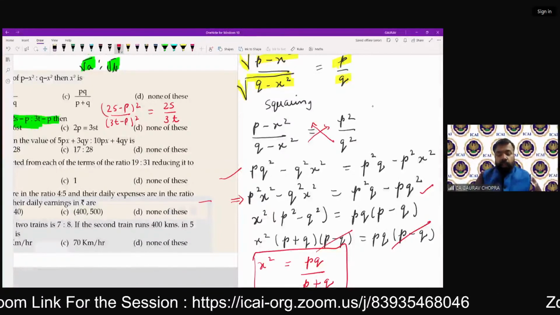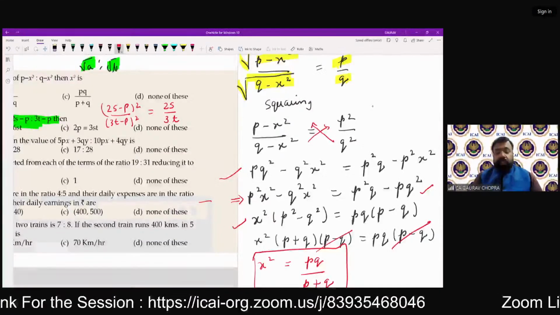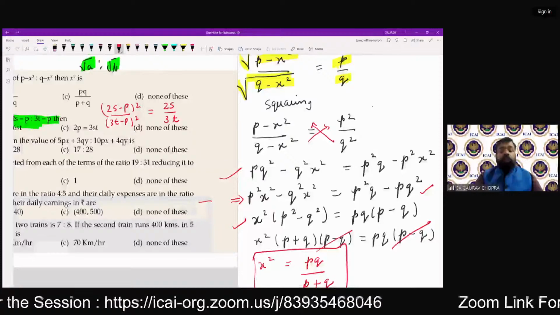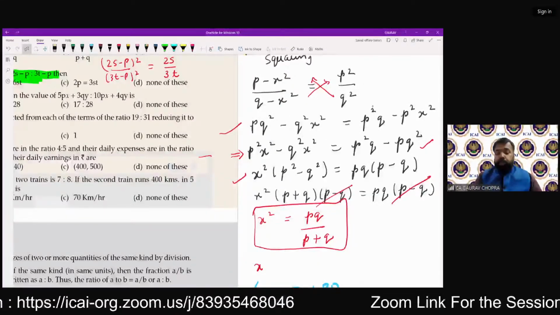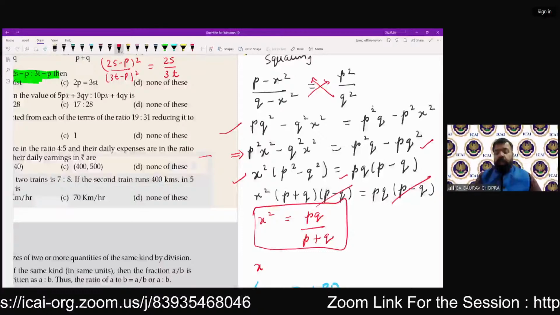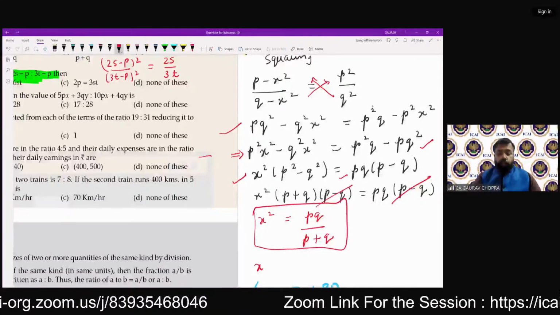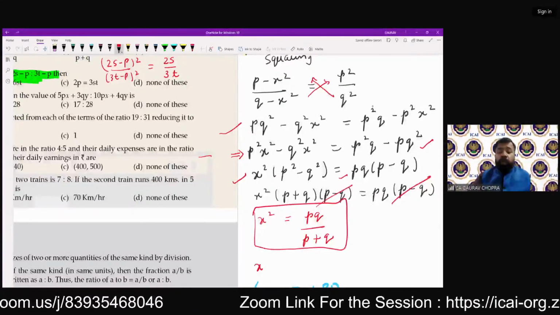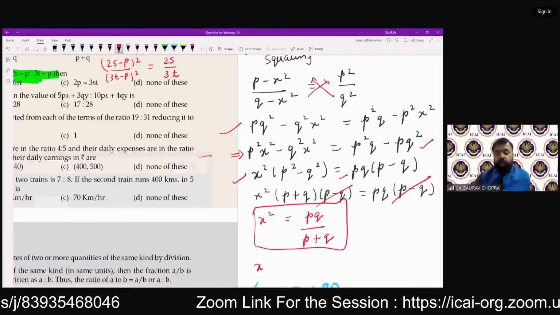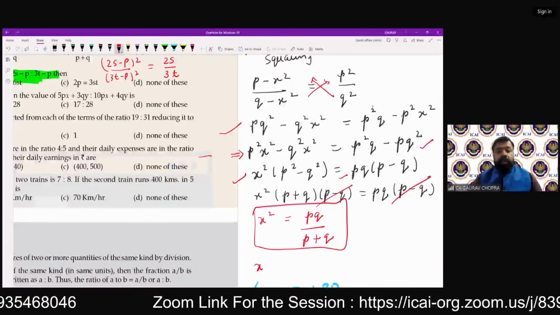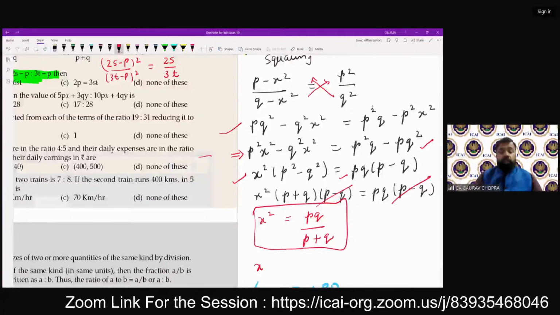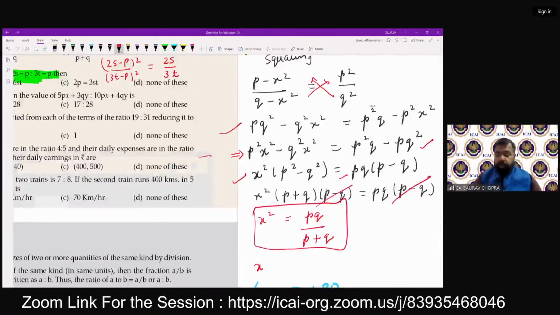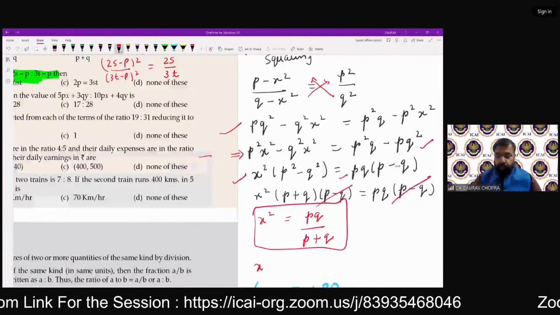Then what did we do? x square is taken as common. So what is left? P square minus Q square. On the other side, PQ is taken as common, and what is left? P minus Q. Now applying the property of A square minus B square, we have opened the bracket and done the cancellation. And at last, we have got the result PQ upon P plus Q. All right.